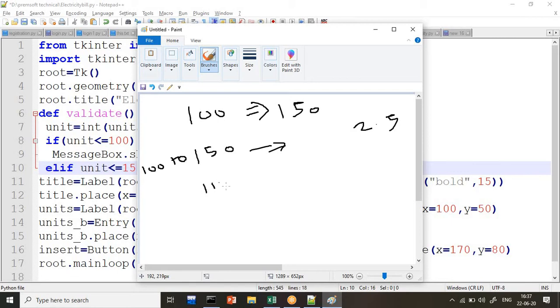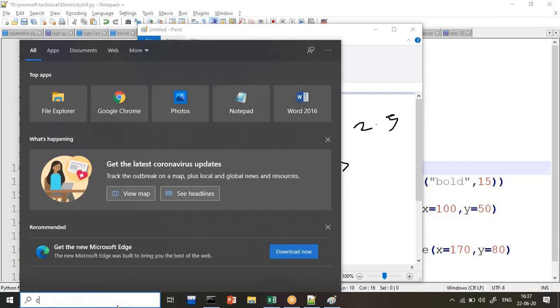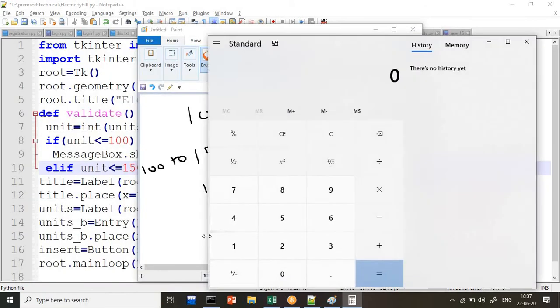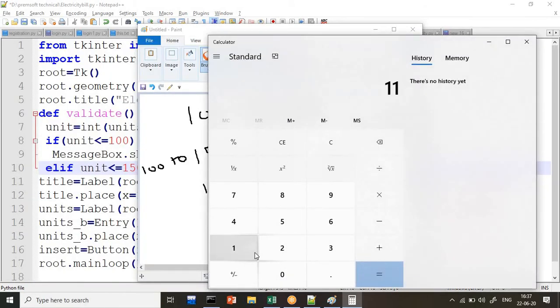How much will you pay? 110 into 2.5. How much will it be? 110 is 220, 220 plus 55, so the amount will be around 275. Let's cross-check with the calculator. Okay, so I take 110 multiplied by 2.5.